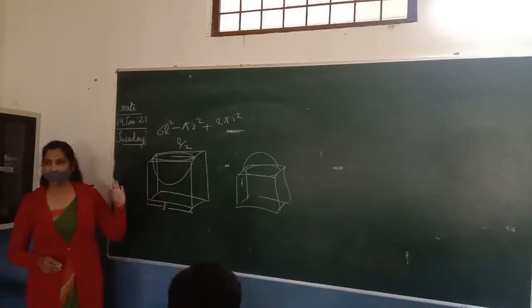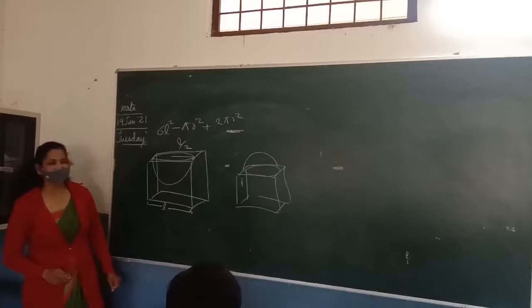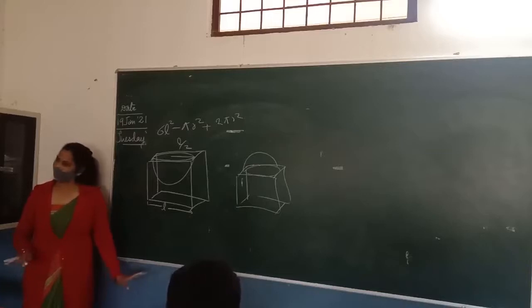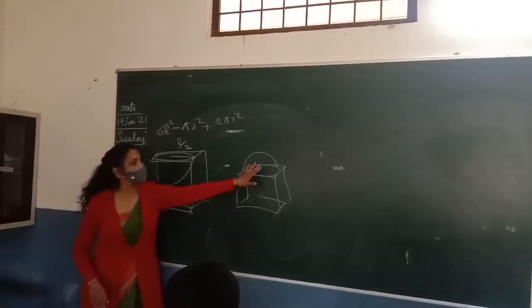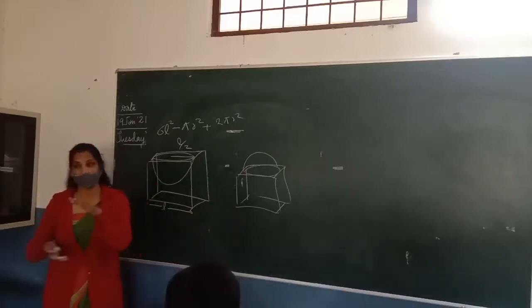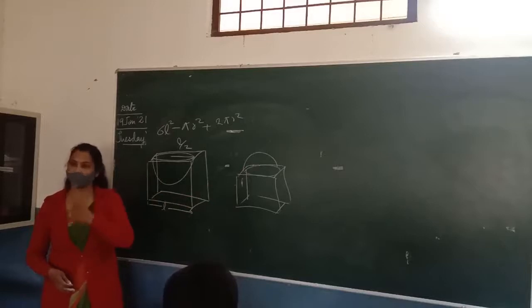Total surface area of cube, that is 6a square, sorry, 6a square, plus curved surface area of hemisphere, plus 2 pi r square. And what about this circular portion which is covered by the hemisphere? It is inside, so you cannot paint it, yet you added it in the 6a square. What will you have to do? Minus.